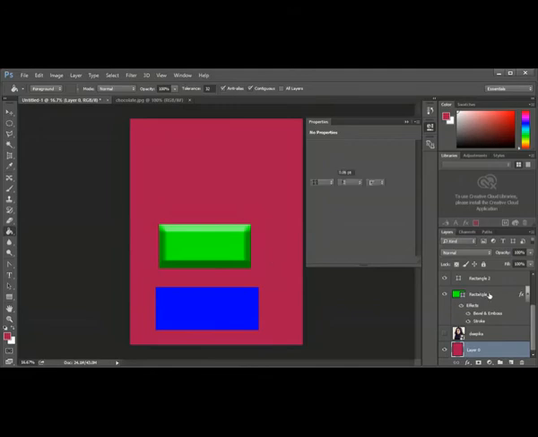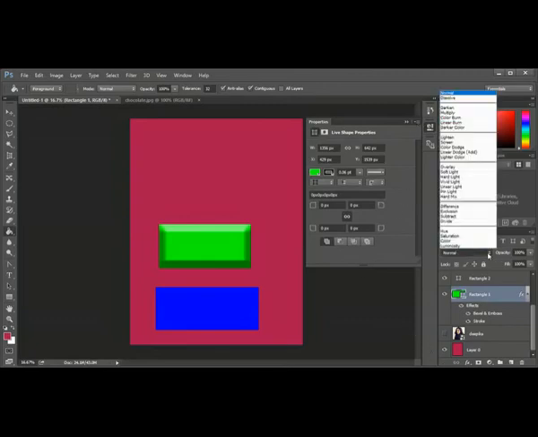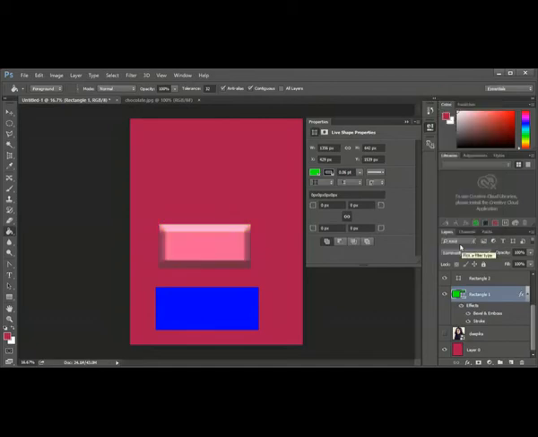Okay. I will select this rectangle and I will use different blending modes and see what happens. So what is going to happen is this green is going to mix with this background color. So let's see what happens now. When I say luminosity, you see, you change the color. So there are different types of blending. That means the color you selected blends with the background.